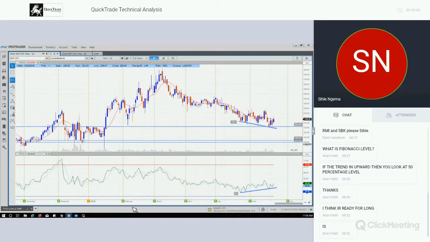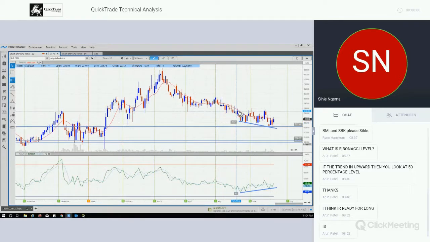You can actually go in and start buying some Shoprites there, expecting price to move higher going forward. But you must be very careful when doing that. I think 225, 227 is a good area if you're interested in buying Shoprite. 225, 226, you can go in and buy some Shoprites there, expecting the price maybe to move up to